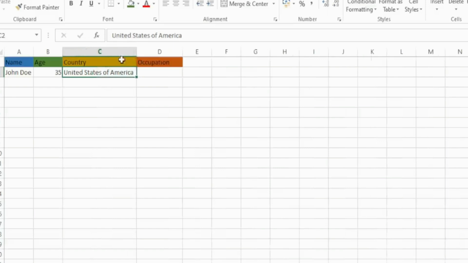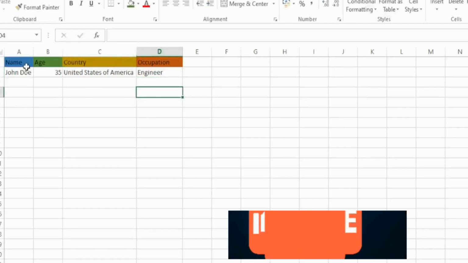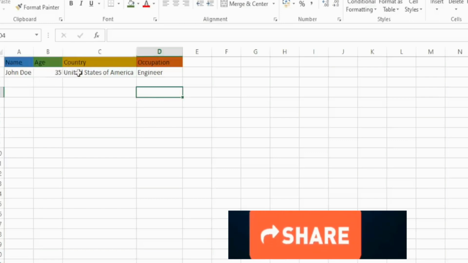You can see now that it has contained the text in cell C2. And the occupation, I can put as engineer. And so this is an example of a spreadsheet, and this is our spreadsheet that contains the data of a person named John Doe, who is age 35,